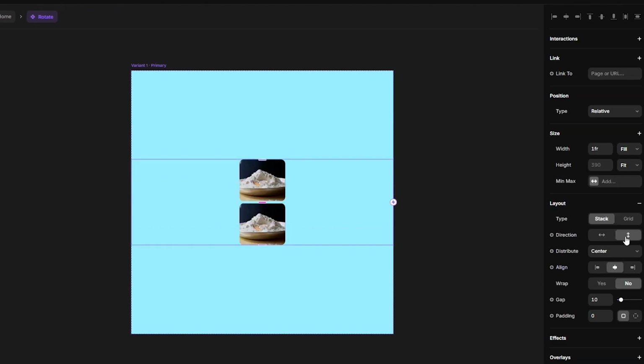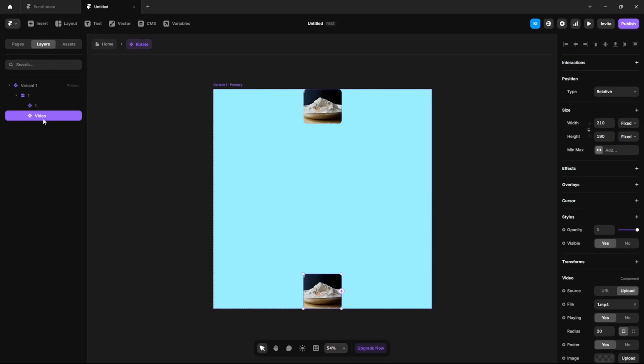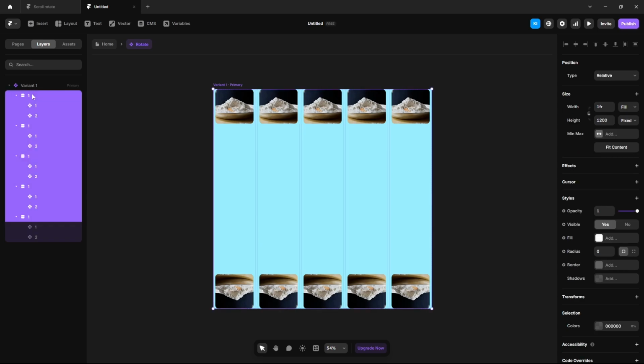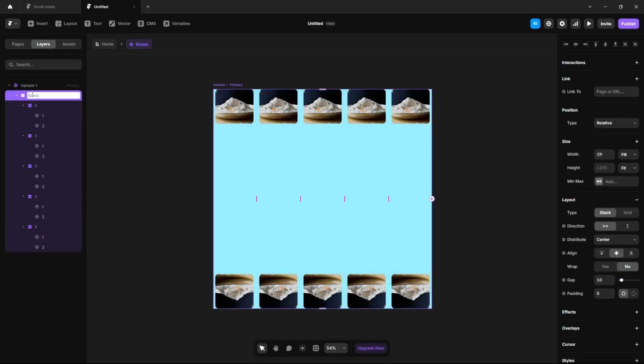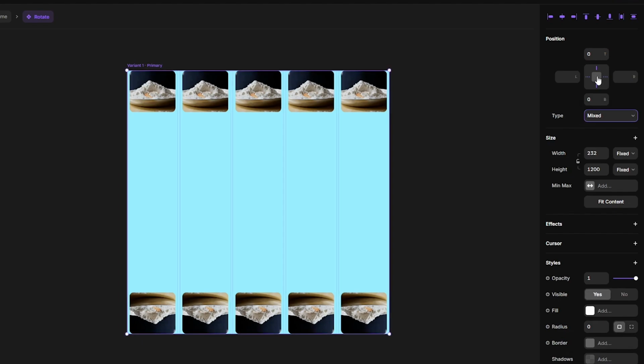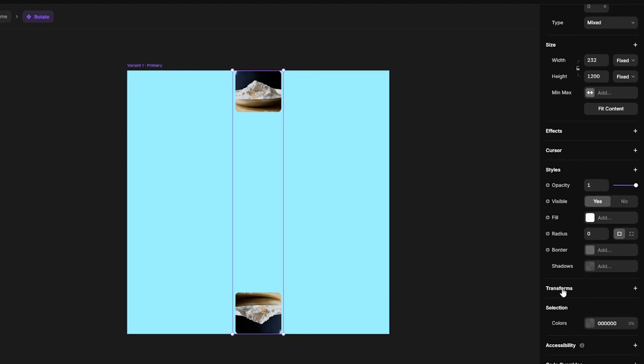the direction vertical, height 1200 pixels, distribute, space between, rename it to 1, and for this 2, go to transform, rotate, enter value 180, then click here, duplicate this 4 more times, select all, wrap them in a stack, name it maybe container, select all, change the position to absolute, unpin it like this, align it, center, scroll down, transform,